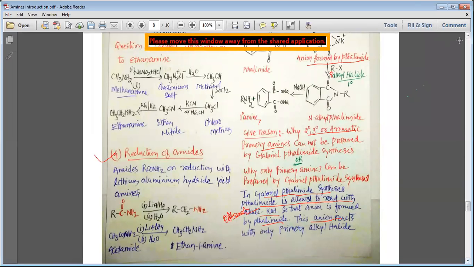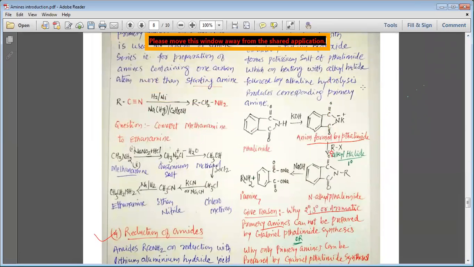Then we have studied about the Gabriel phthalimide synthesis. In Gabriel phthalimide synthesis, phthalimide reacts with the ethanolic KOH to give the anion, and this anion only reacts with the primary alkyl halide to give us the primary amine. Secondary